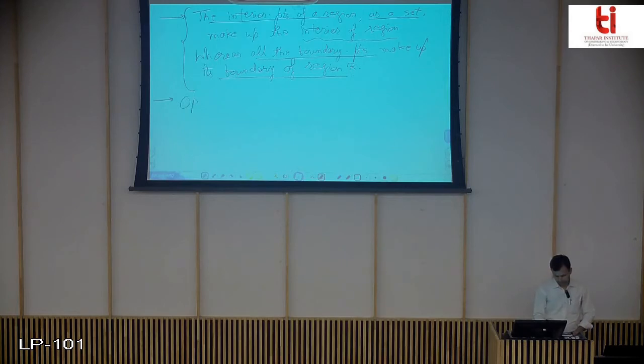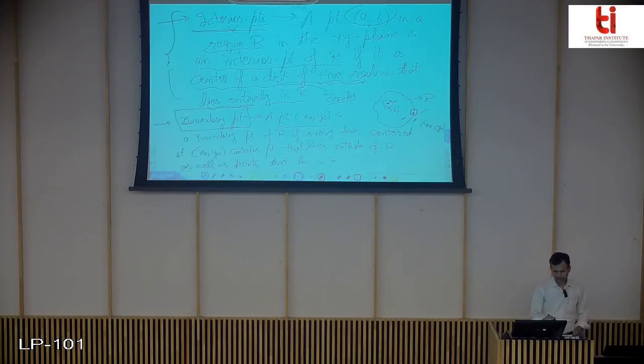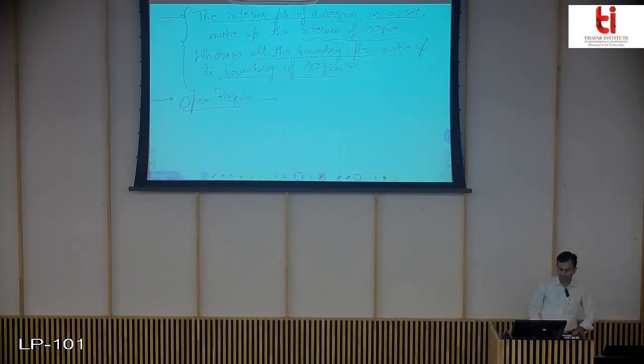Now you have open region. What is open region? Now see, these two definitions, interior points, we have done also in the case of single variable. In the case of single variable you have endpoints. Now in the case of two variables we have boundary points. Here now open region. In case of single variable we were considering the open region AB. And now in two variables it is your open region.